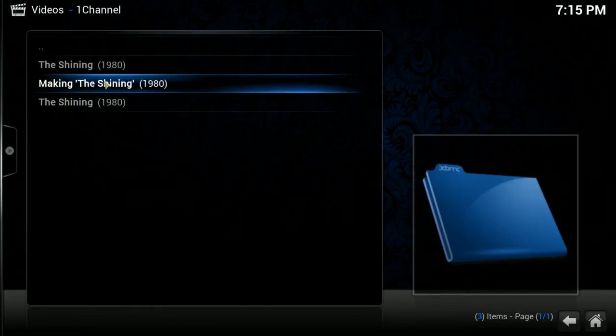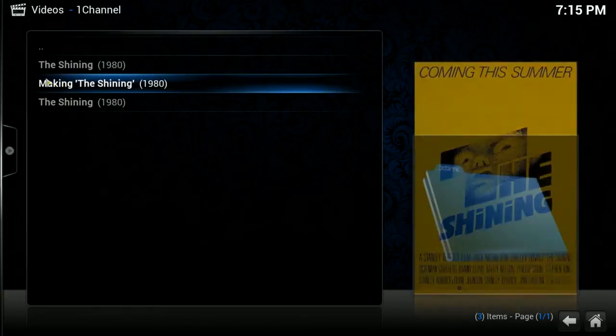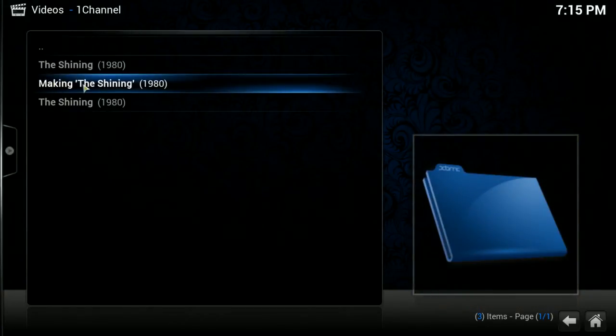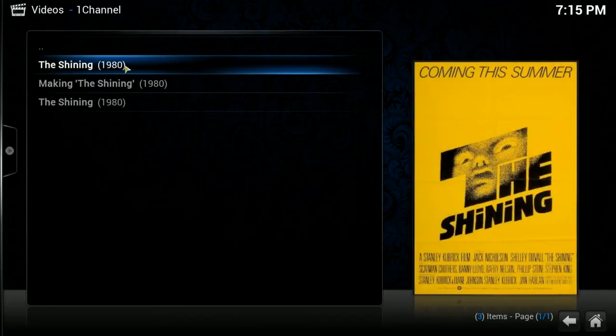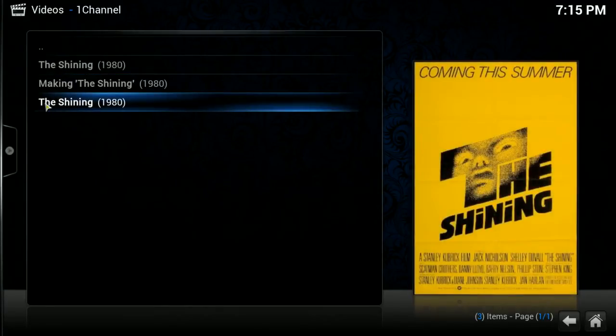I'm not sure why it does this, but excluding the making of The Shining here, you'll see that there's The Shining and it says it's from 1980, and underneath, the third one says The Shining from 1980. Well, they're not both The Shining from 1980. If I was to click the wrong one of these, I would get the newer one rather than the old one, the original. So